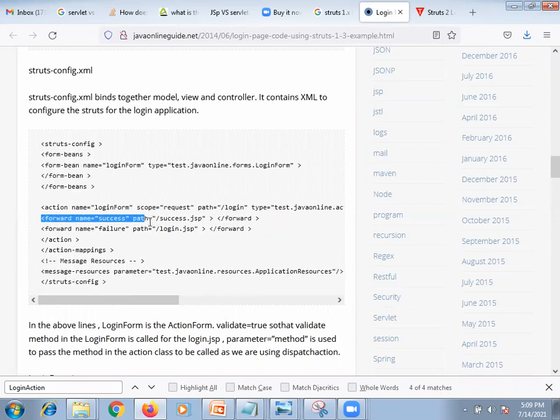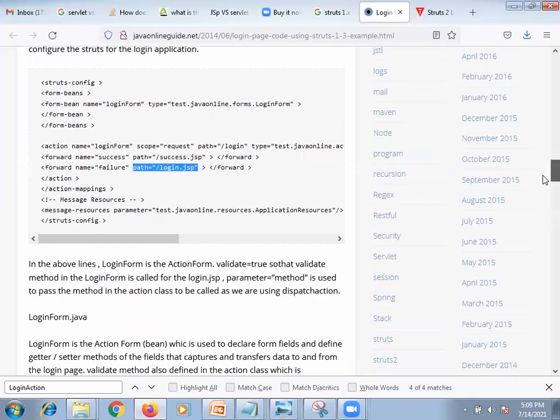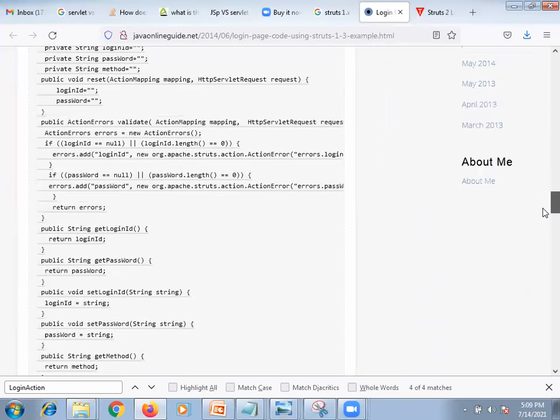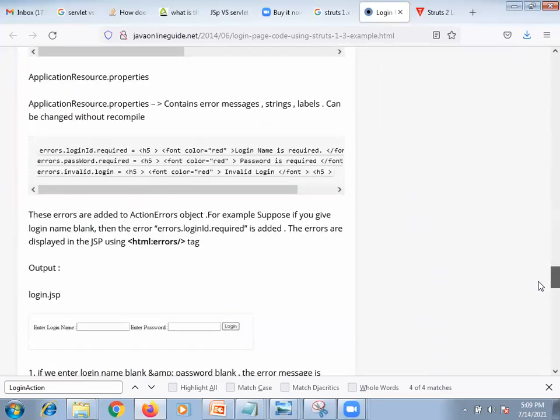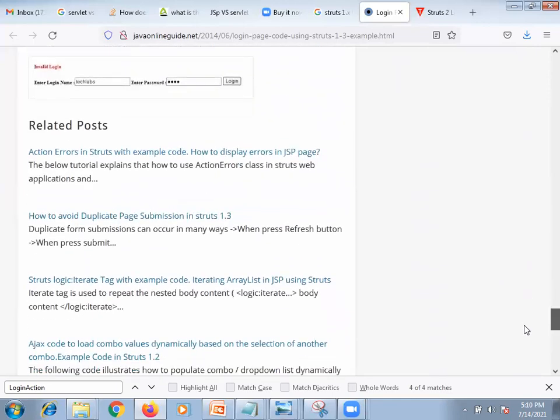Once everything succeeds, the path it should go is Success.jsp. If we get an error or failure, the path it should go is Login.jsp. Means if any error comes, we need to reroute to login.jsp again. That's what they mentioned. This is how the struts configuration file looks.